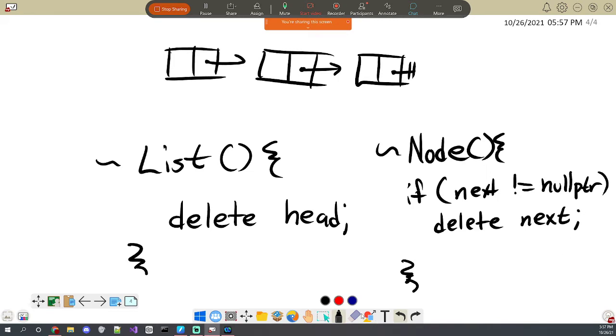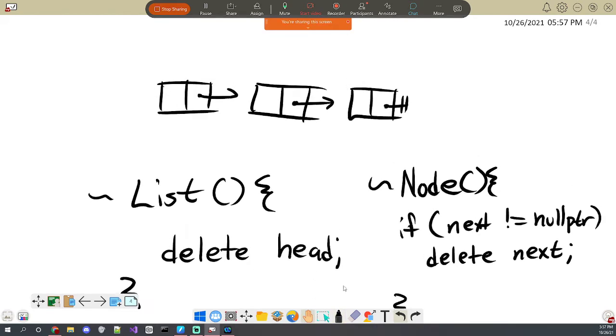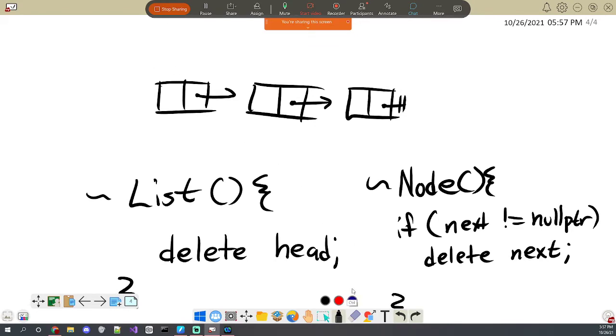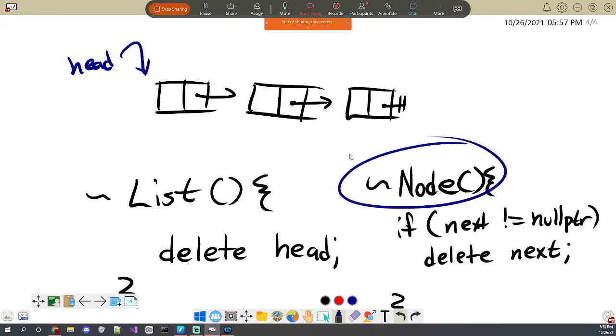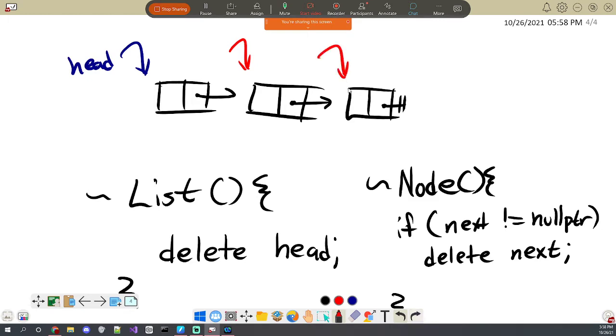And if we consider what this does, it goes and calls deletion on the head, which is this one. And in the head's destructor, it says, okay, if the next is not equal to null, which it's not, then go ahead and delete the next. So it tries to call this next one and says, okay, delete this guy. And then this guy calls its deconstructor and says, okay, I'm going to delete myself, and my deletion is to then delete the next guy, which is this one.